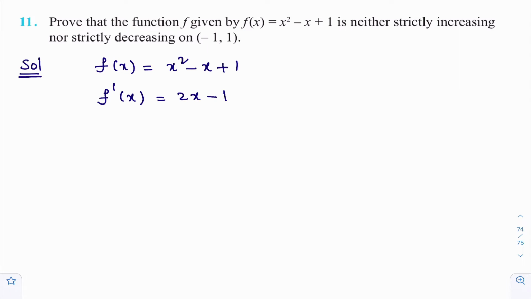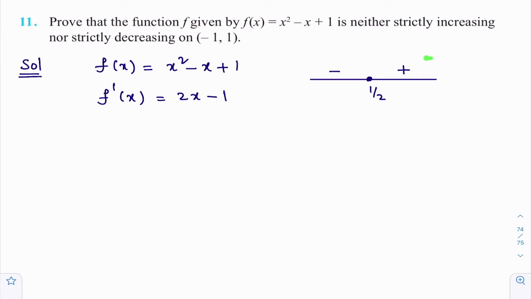Now, what do you say about this expression: when is it positive, when is it negative? By using wavy curve method, we can easily say this. First point is you equate 2x minus 1 to 0. From this what you will get? X equal to 1 by 2 you will get. You mark x equal to 1 by 2 on the number line. Now as per wavy curve method, in the rightmost corner you write plus and then write the alternate symbols, plus minus like this.